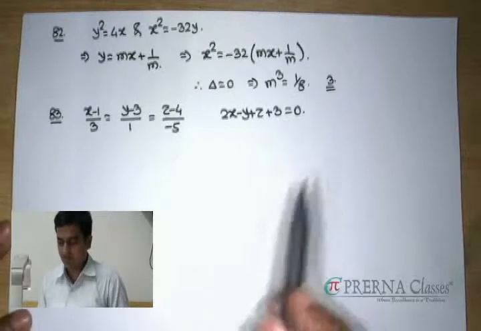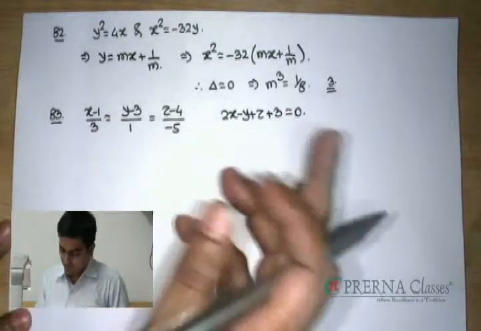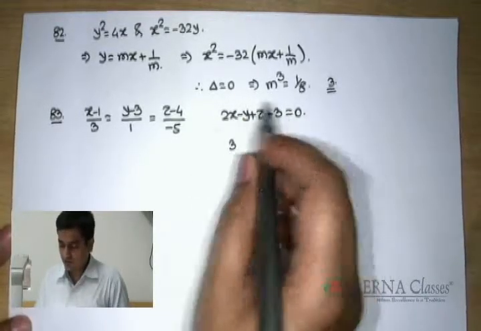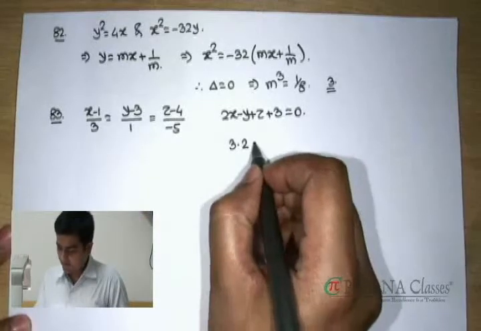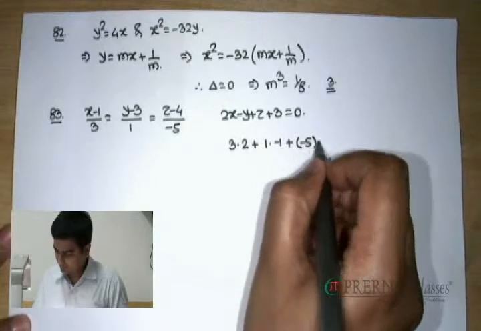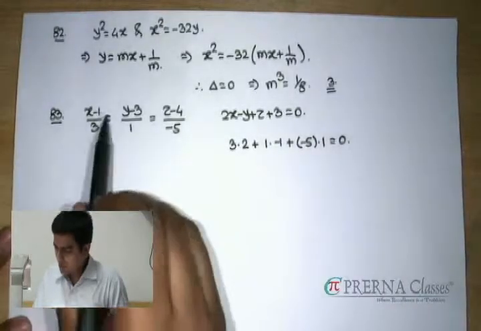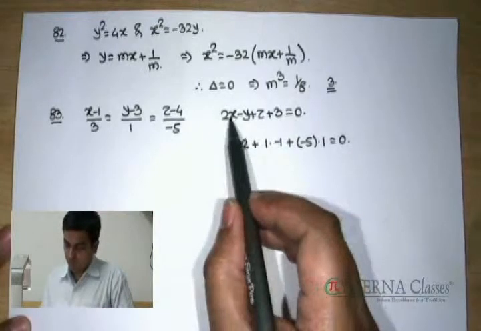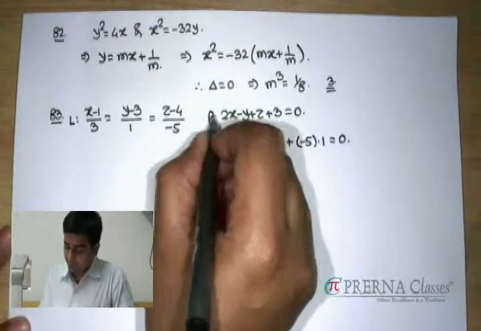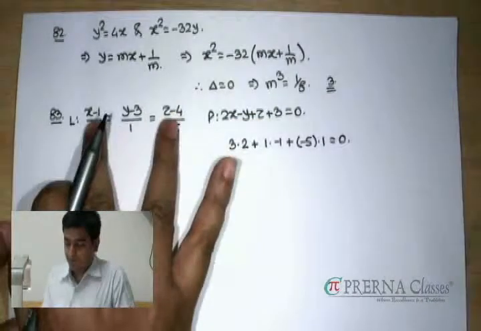Okay, next problem is related to 3D coordinates, where we have one straight line given and the equation of a plane. What you need to do is figure out the image of this line in this plane. One thing, if you observe the way this line is given, the dot product of the normal of this plane and the line turns out to be 0. And one more thing, if you check, 1, 3, 4 is not satisfying this plane. That implies that this line is parallel to that plane.